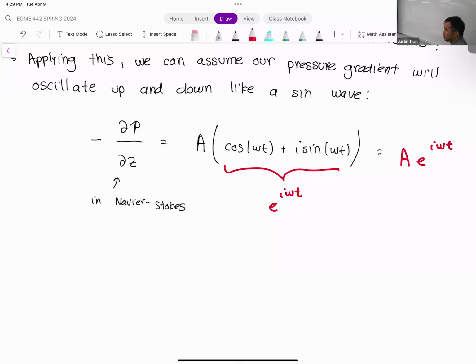And this form is really nice because when we take derivatives of this with respect to t, that exponential is going to come out. And so it's going to allow us to kind of simplify and make our solutions nice and cool. Okay. All right, so by that same token,